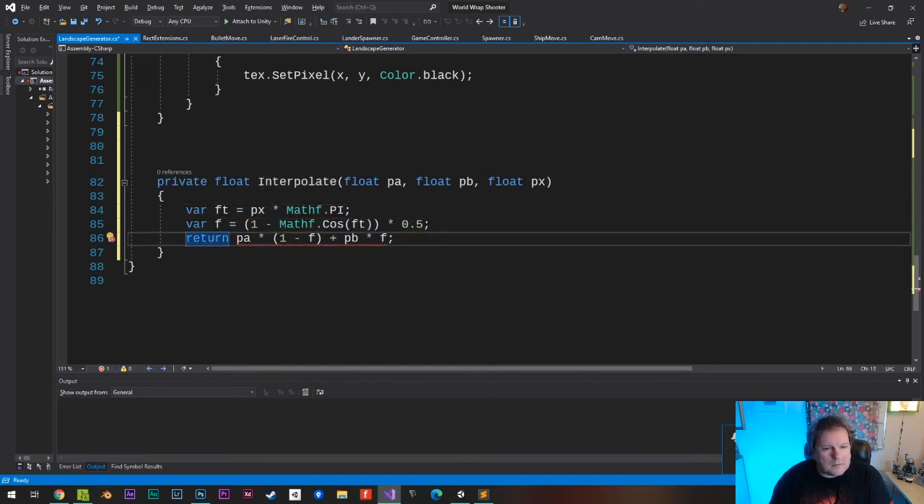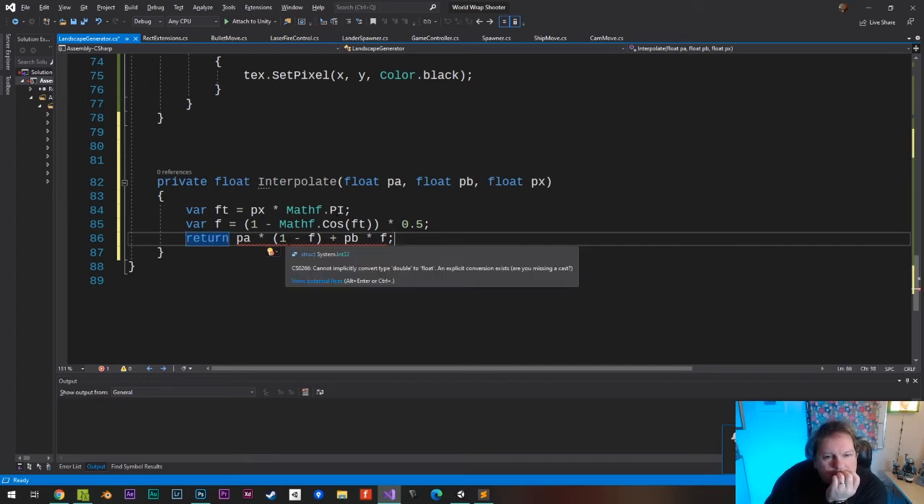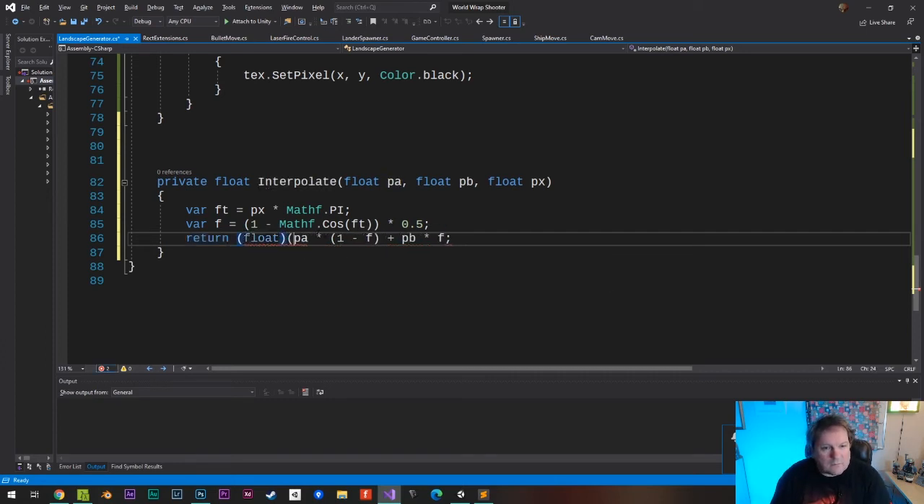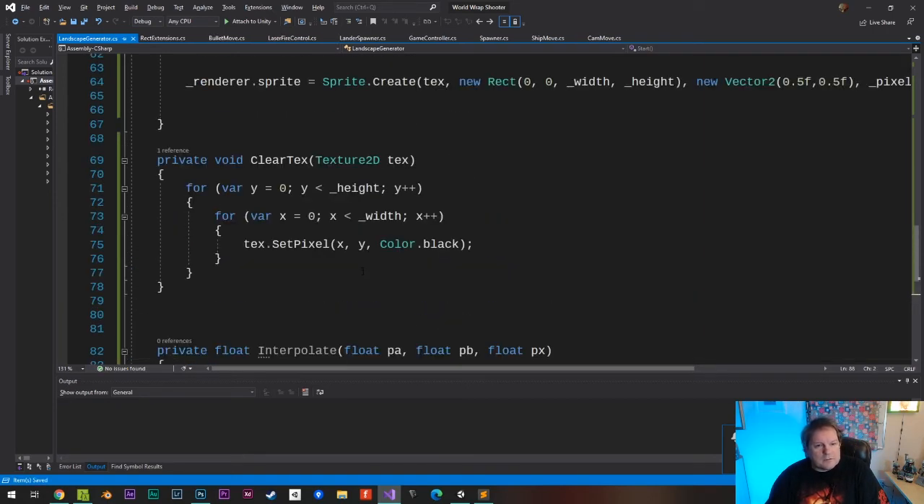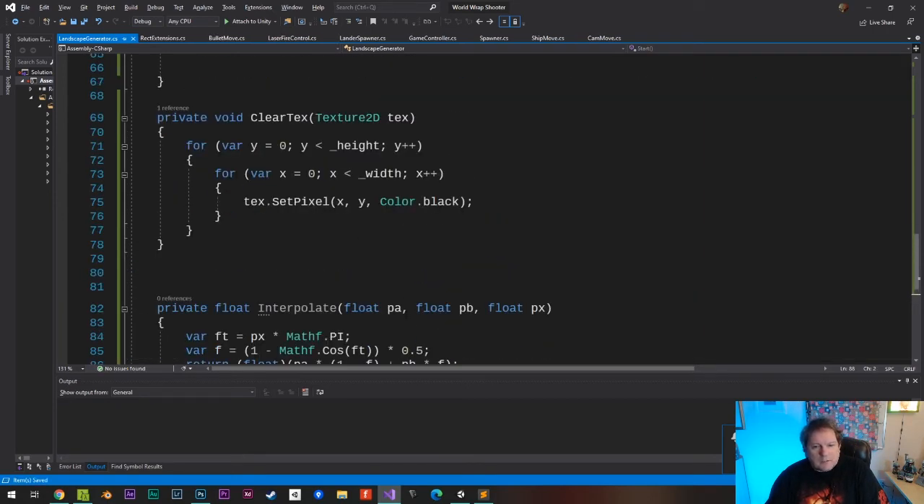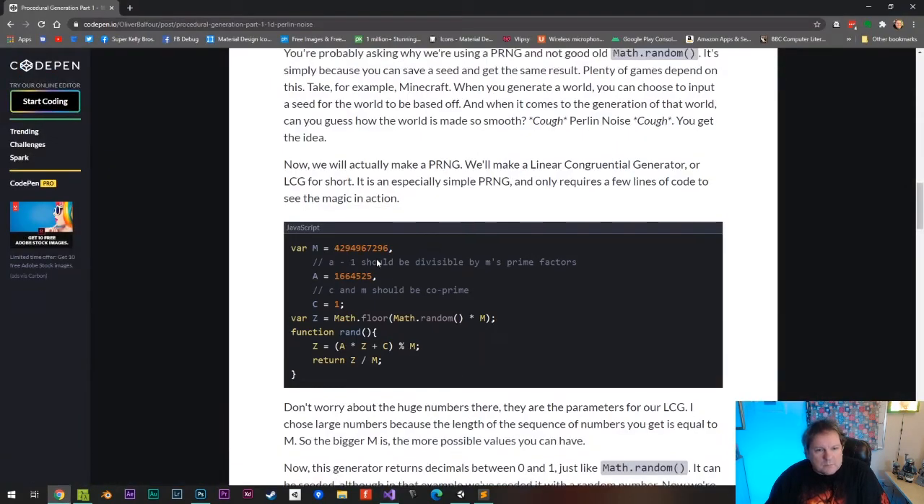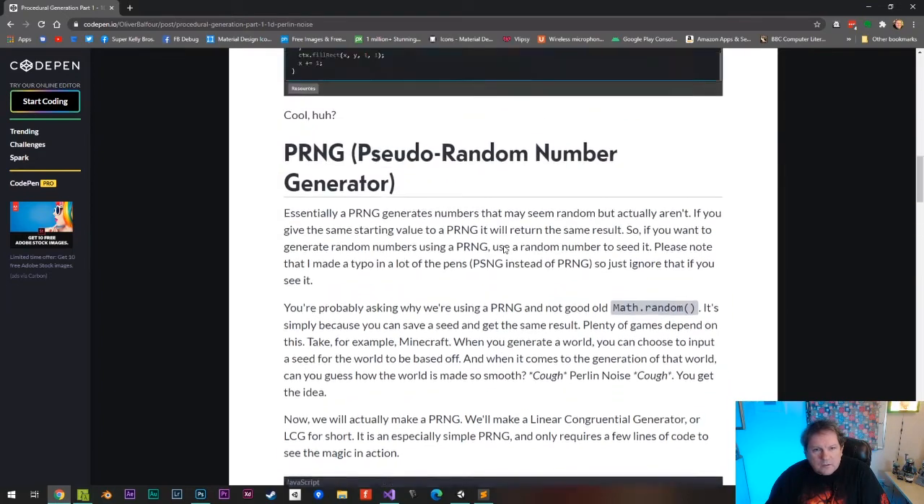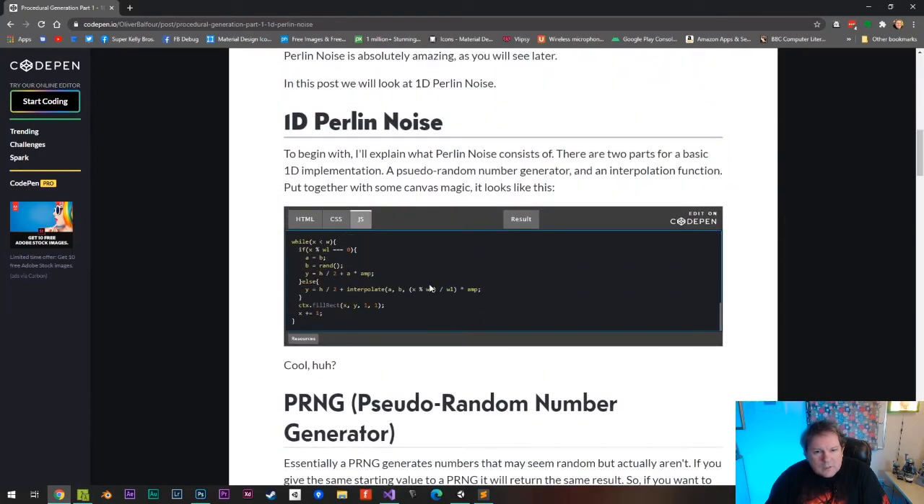Var that. Return, what was it not like about that? Okay, so I'm going to do float that. We're going to lose a bit of precision, but that should be okay. So PA, PB, and PX, what does he use those values for? So he uses that for AB, and then it is A